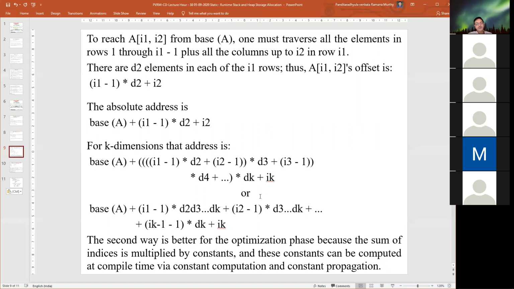This is the way we are optimizing the space, because the sum of indexes is multiplied by constants, which is nothing but the size of the data type, and these constants can be computed at compile time via constant computation and constant propagation.